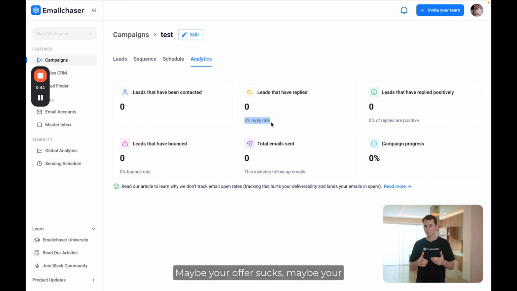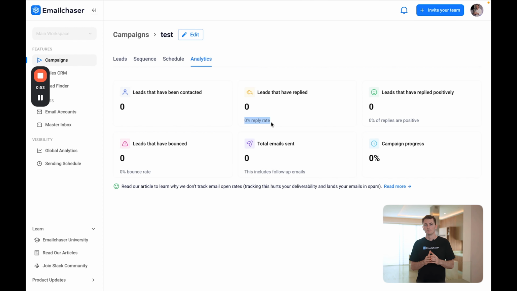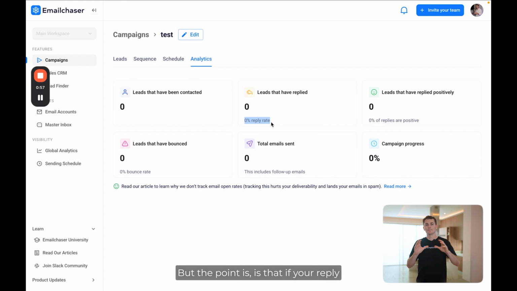Maybe your offer sucks, maybe your copy is really bad, maybe your emails are going to spam because you have bad email accounts, or you're saying something in your email which is causing Gmail and Outlook to send them to spam. Maybe your lead list is not accurate and your targeting is really bad. But the point is that if your reply rate is under 2%, there's most likely an issue and you don't